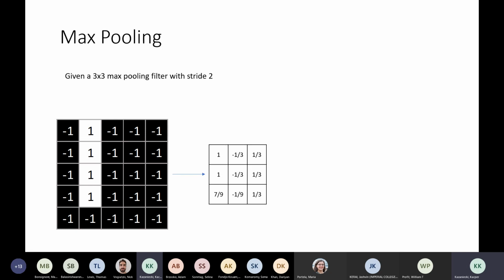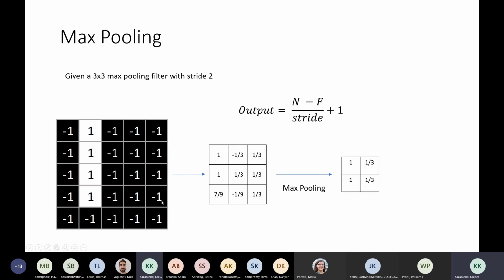I'll show an interactive example a bit later on, but we want to get a representation of roughly what's in the top left, top right, bottom left, bottom right. So for example, a 3 by 3 max pooling with a stride of 2